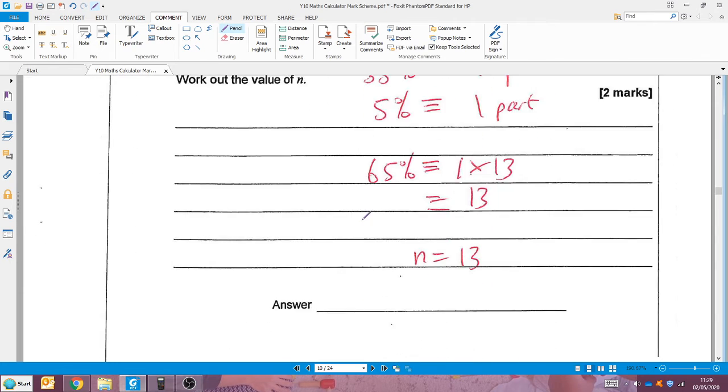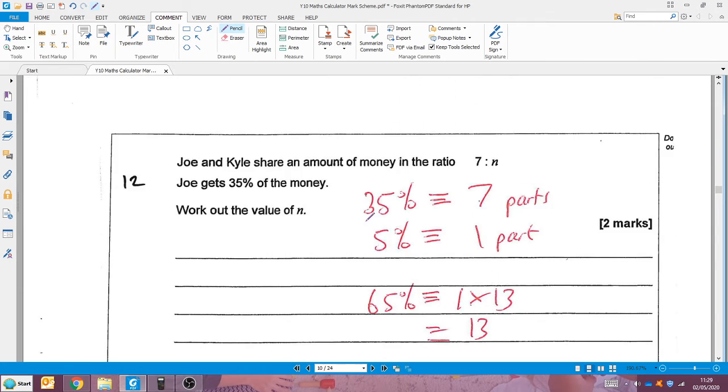I think I overdid it for 2 marks anyway. Joe and Kyle share some money in the ratio of 7 to n. Joe gets 35% of the money. Okay, work out n. Well, if the 7 parts represents 35%, then 1 part must be